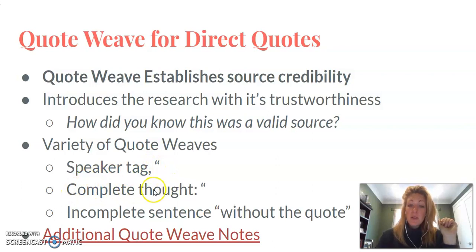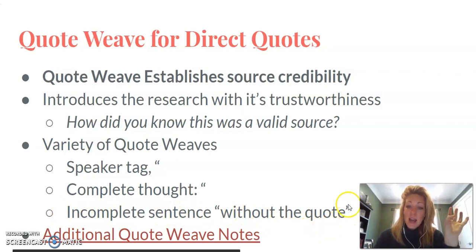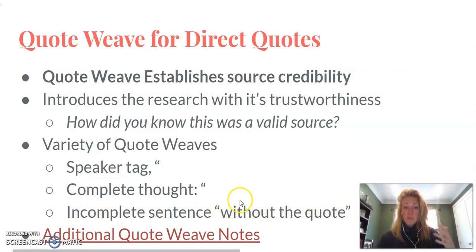You could have a complete thought. That means it's literally a full sentence right before the direct quote, but then you put a colon, just like when we're doing block quotes. So it has to be able to stand by itself. It's an independent, complete thought. And then it would be a colon and then go into the direct quote. Or, again, throwing you for a loop, it could be an incomplete sentence that must have the quote in order for it to be a complete thought or a complete sentence. If we took away the direct quote, then